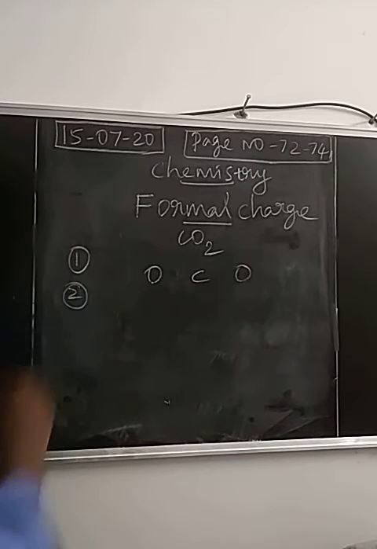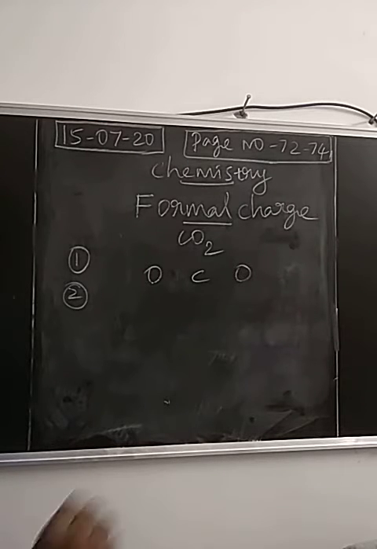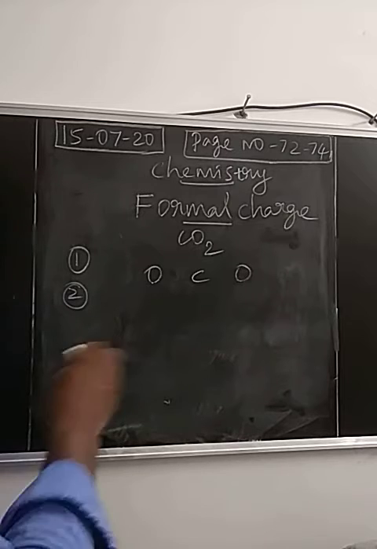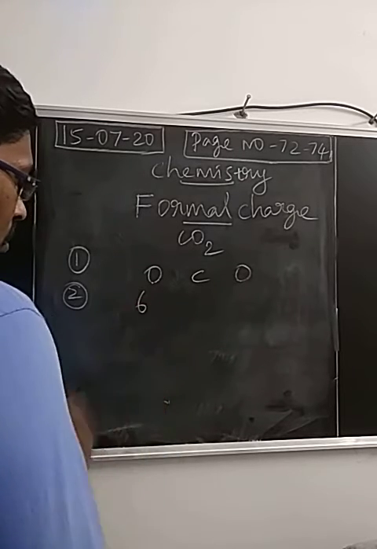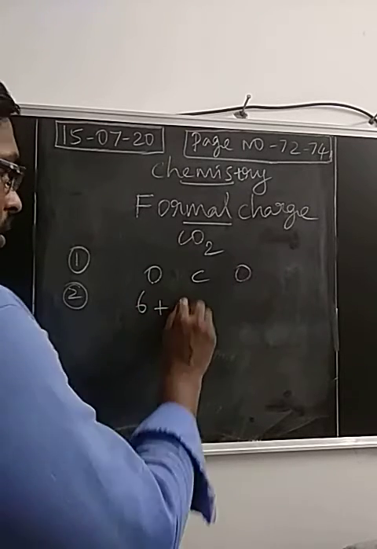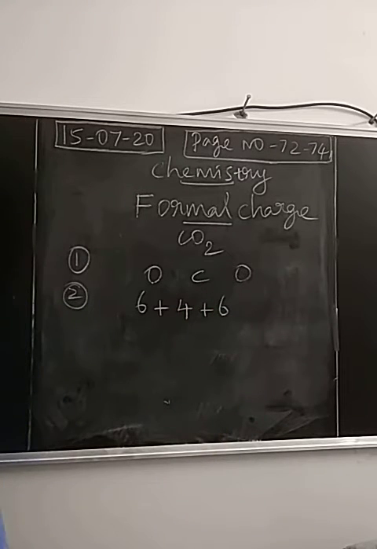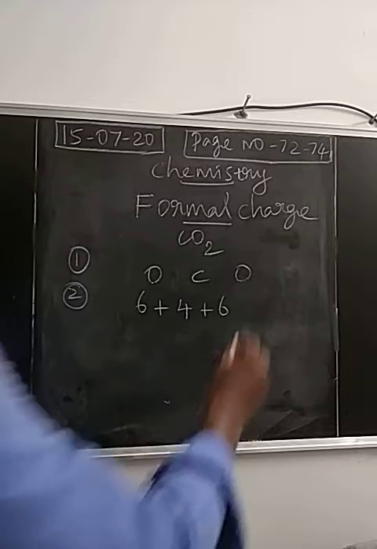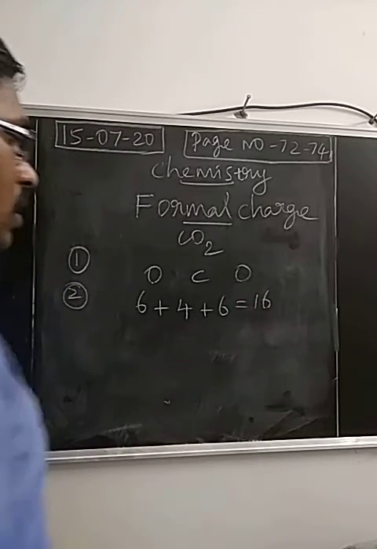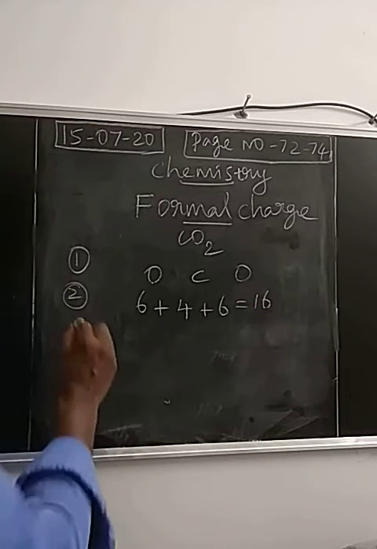Then step number 2, calculate valence electrons of the molecule. So we are going to find the total valence electrons of the molecule. For each atom we know the valence electrons. For oxygen, valence electron 6, carbon 4, oxygen 6. Okay. So totally we have 16 electrons. Third step,